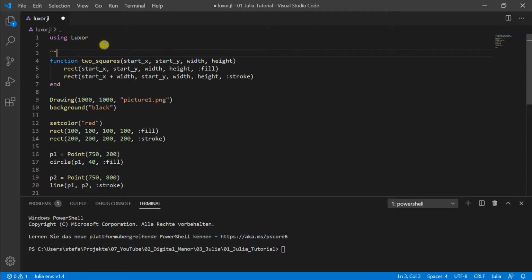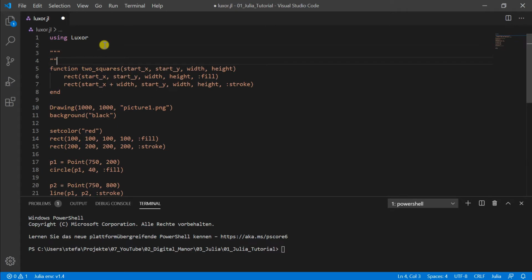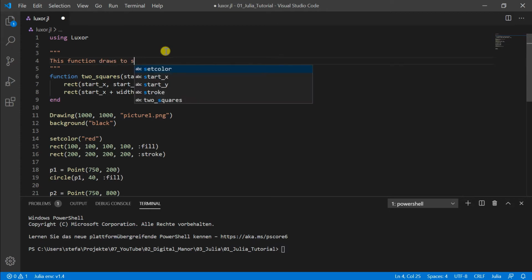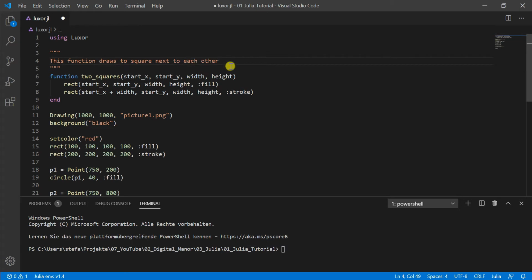We make a docstring easily by three quotation signs, and inside these signs we can write our documentation. Important is that we have to do it before the function. We have to write it before the function. And here we can now write: this function draws 2 squares next to each other. Maybe the description is not the best, but for the example it should be enough so that you can understand